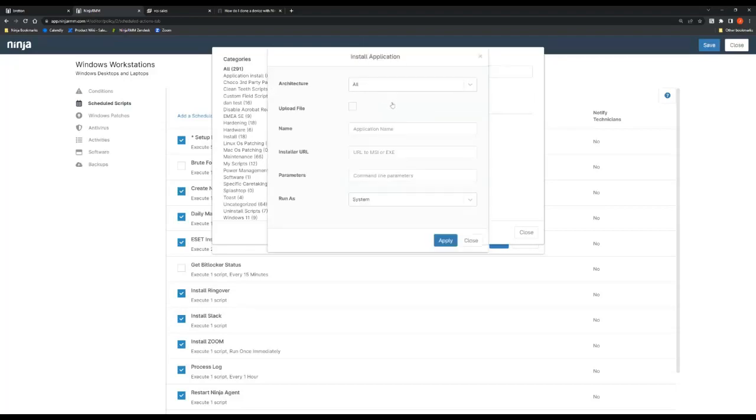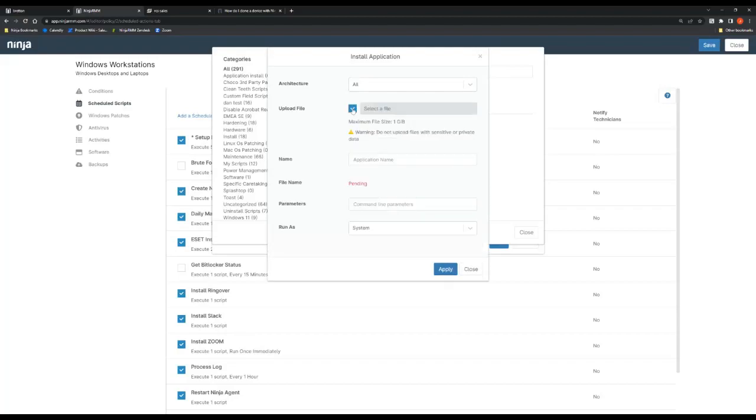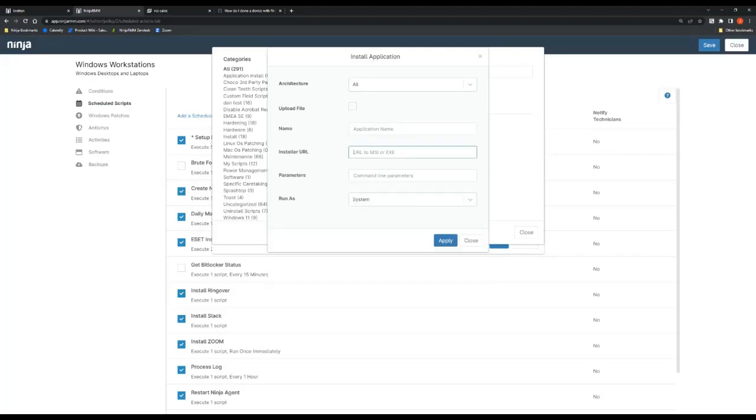Like I said, this is out of the box within Ninja, and allows you to upload up to a 1 GB MSI or EXE to our servers. If it's greater than 1 gig, you just need to give us a link on your own file sharing service, blob storage or Dropbox, anything like that should work fine. And then we can add in silent command line parameters to make sure that the end user is not bothered. You can also enter other parameters to control the behavior of a reboot after installation or a specific target directory. At the bottom here, I know this came up as a question during chat, which is